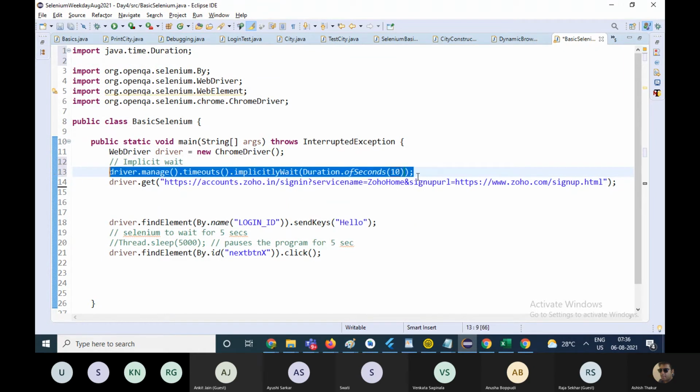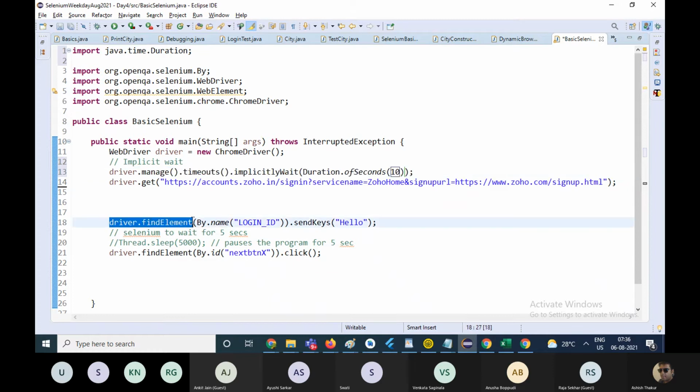So this basically means I am putting an implicit wait of 10 seconds. If an element is not found on the web page, sorry, first of all, this command is valid to all driver.findElement commands.